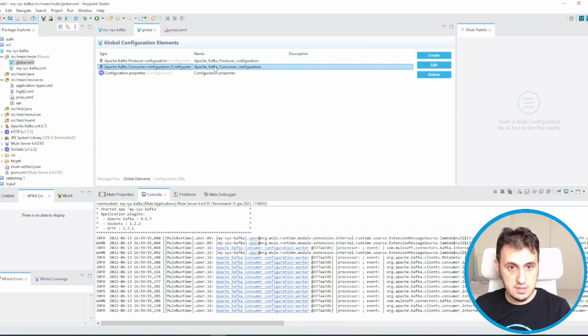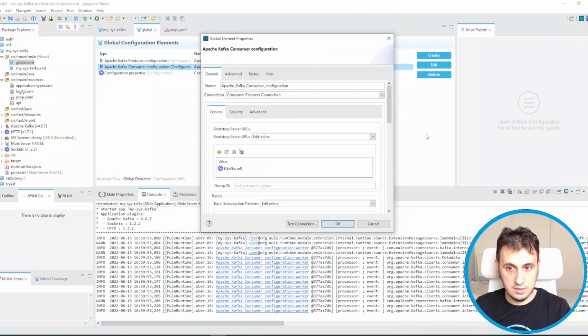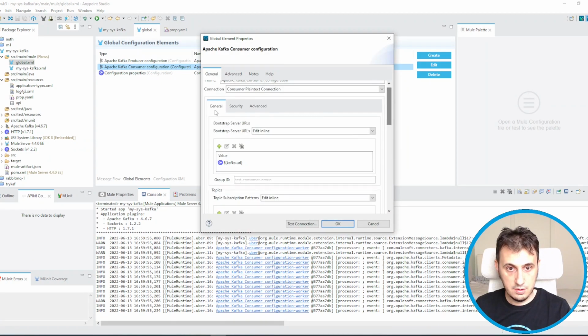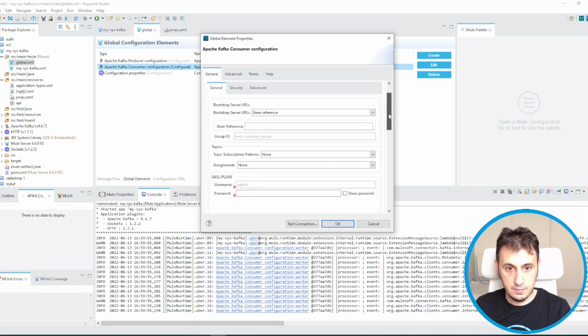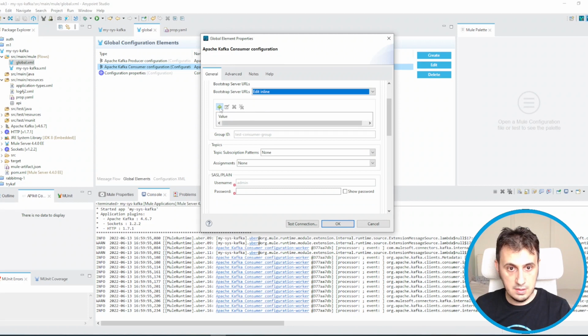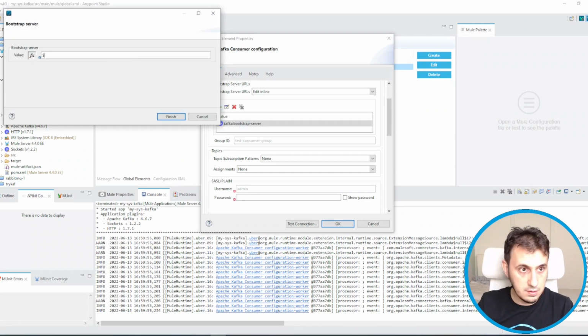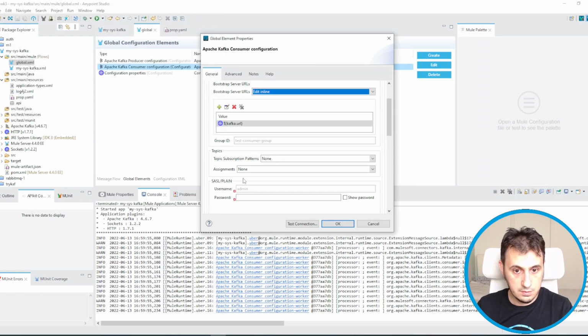Let's do the same for the consumer. I select SSL plain, edit inline. Kafka URL, Kafka user, Kafka pass.